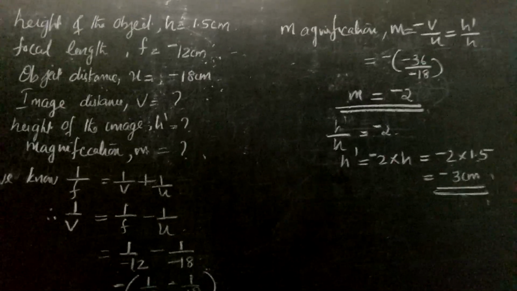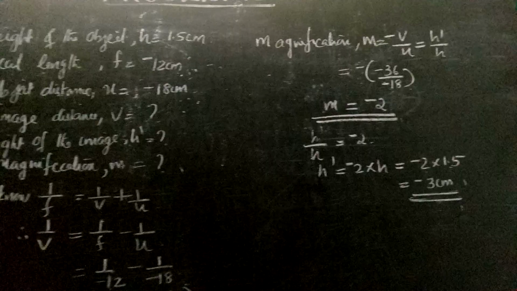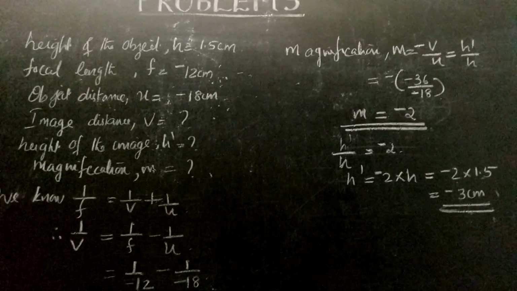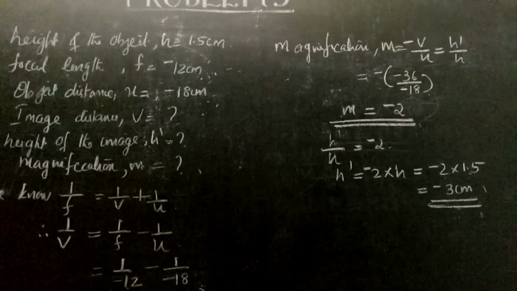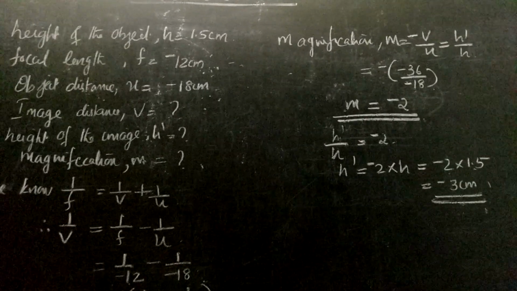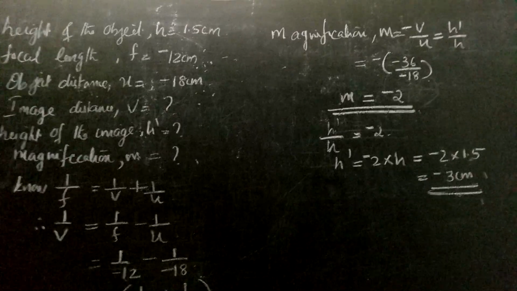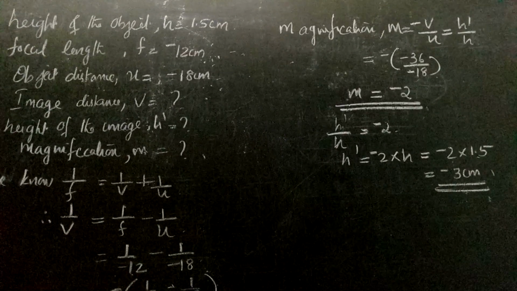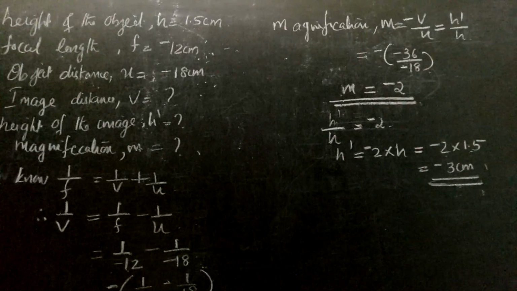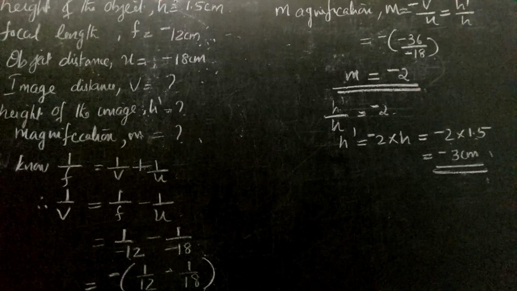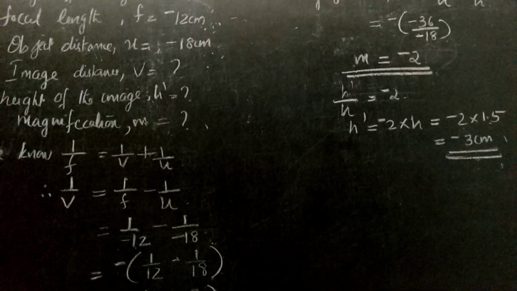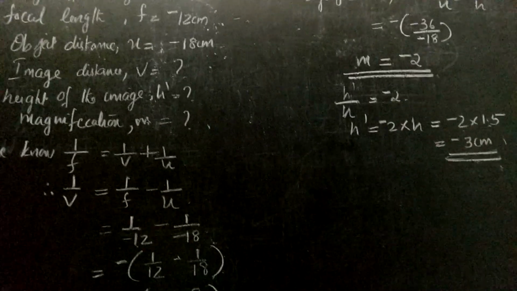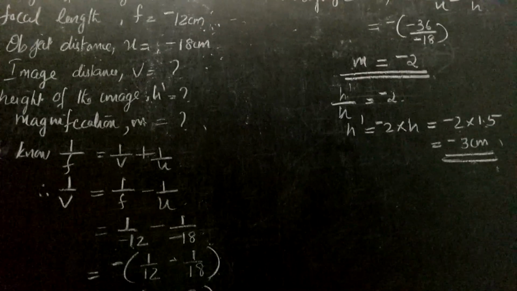We have to draw the diagram, because the question is to draw a ray diagram to justify your answer. So we should draw the diagram by keeping the object between F and P. In that diagram you should mark object distance as 10 centimeter, focal length as 12 centimeter. Then if you want, we can find the image distance also by using the mirror formula. 1 by f is equal to 1 by v plus 1 by u. In that you should substitute object distance as negative 10 centimeter.